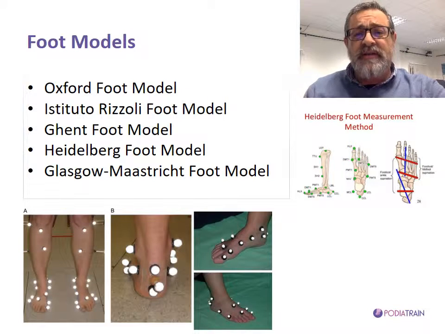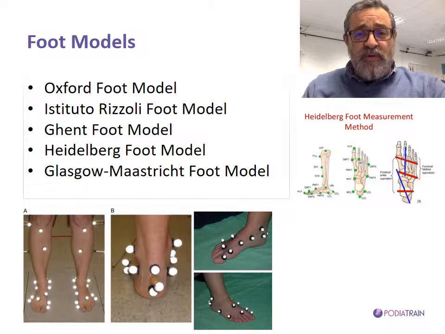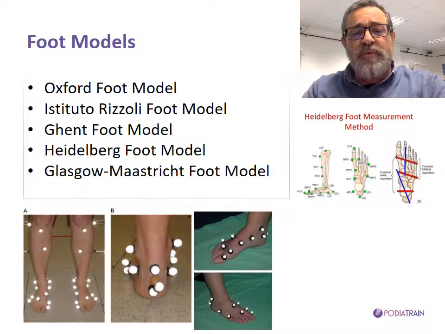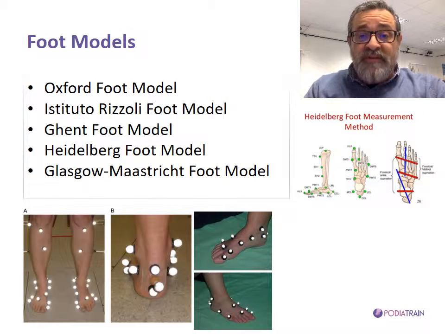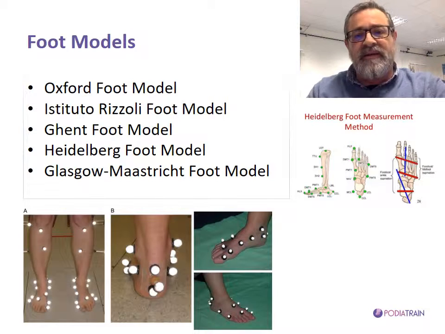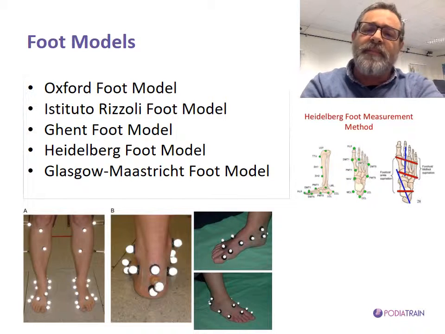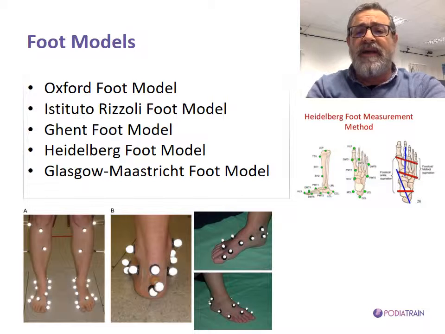As we have mentioned, one of the provisos or assumptions when doing motion capture modeling is that each segment is assumed to be rigid. And as we know, the foot is not such a rigid structure. In fact, the plug-in gait model, which models the foot as a rigid segment, is not so accurate in that respect. So over many years, researchers have come up with various methods of creating foot models in order to represent